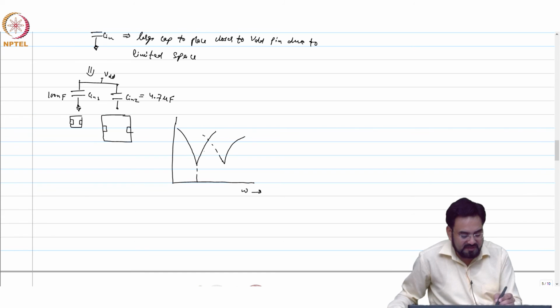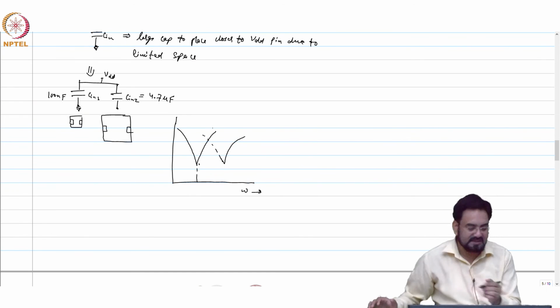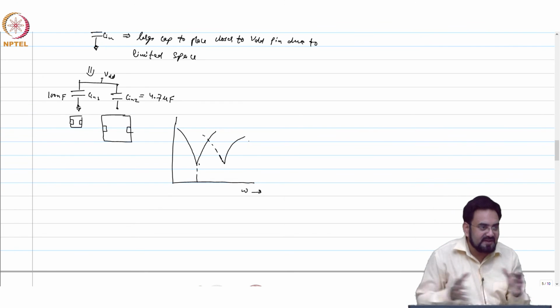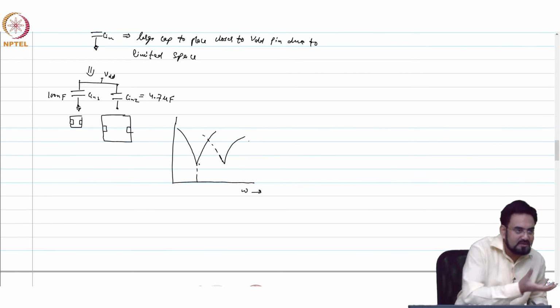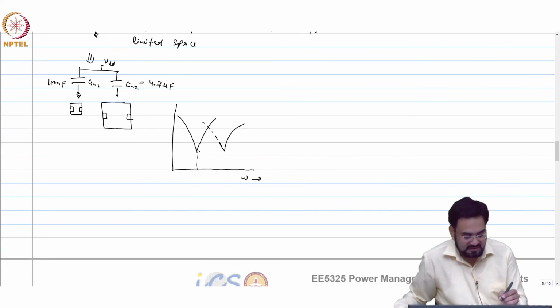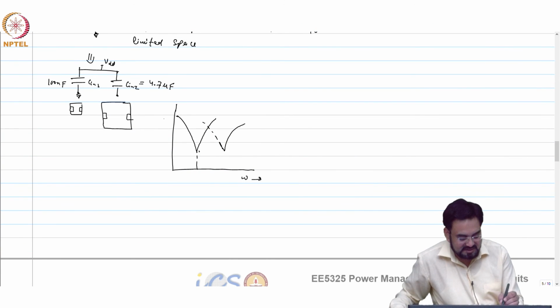So effectively, at higher frequency your impedance is not always increasing. The effective capacitance, if you are looking here, will look like more cap compared to the single cap. Okay, so this is a more effective way of placing the cap